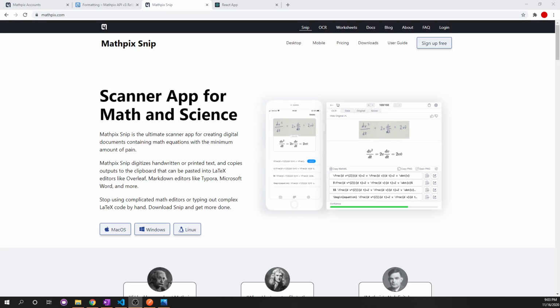All right, hello everyone. Welcome to part 3 of Mathpix in React. In this part, we're actually going to start looking at Mathpix and utilize the API inside of our React application. To begin, we can go to mathpix.com and create a free